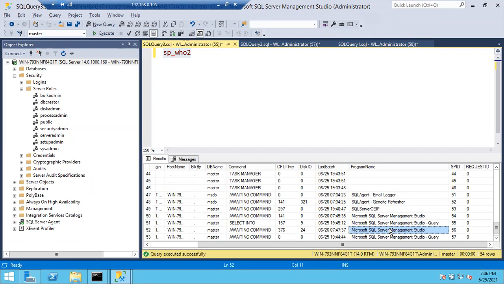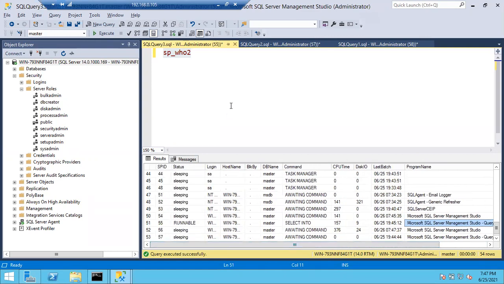Sometimes you can see a specific application here. Maybe the user is connected through a Java application, or through a .NET application. Then you can easily understand from which client he connected to this particular SQL server. If he is simply running a query, that means he directly connected through SSMS. If you see any specific application name, that means the user is running queries from that specific application. Those things you can see under the program name. So the main thing is, sometimes yes, we have to kill the sessions.